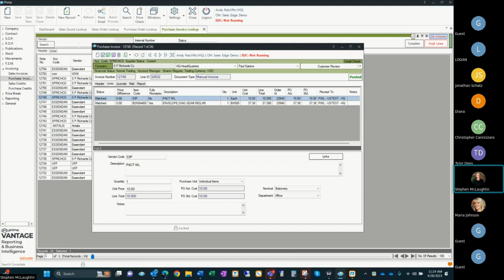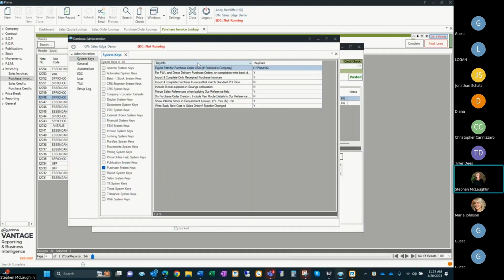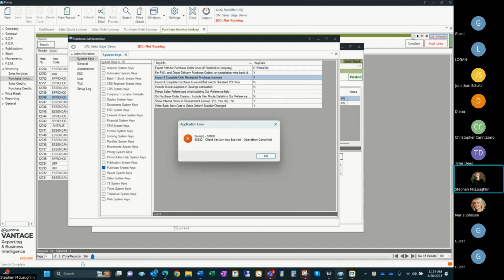If you go into the admin in purchasing, you will see 2 system keys. And for example, in here, somebody else has logged into it. So in here, I've got